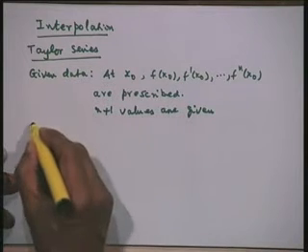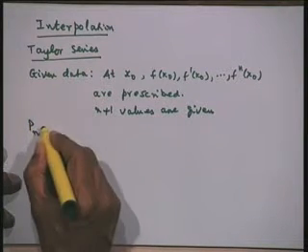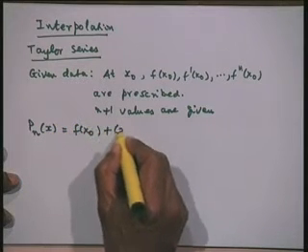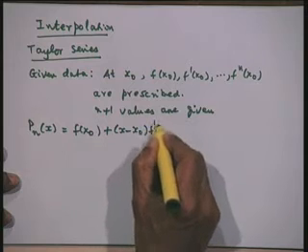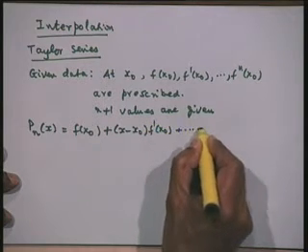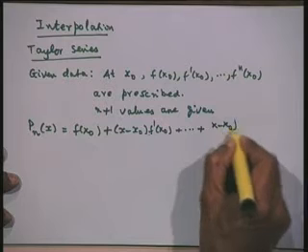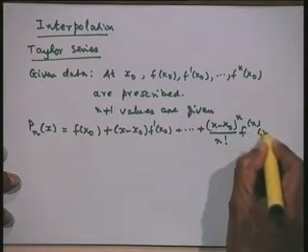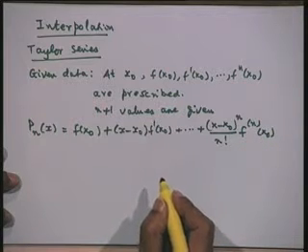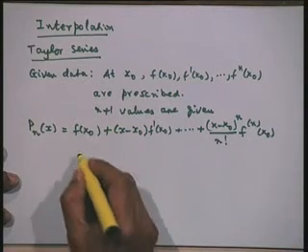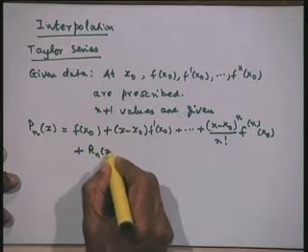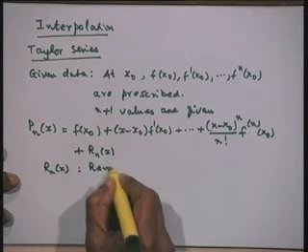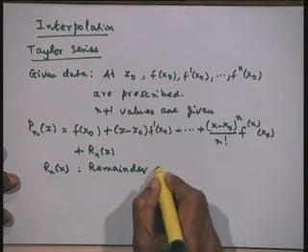Then I can write down the Taylor series which is a polynomial of degree n at x as f at x naught plus x minus x naught f dash of x naught plus so on, x minus x naught to the power of n by factorial n, nth derivative at x naught, plus of course r n x, we can write down the error also. R n x is the remainder, or we will call it as error.